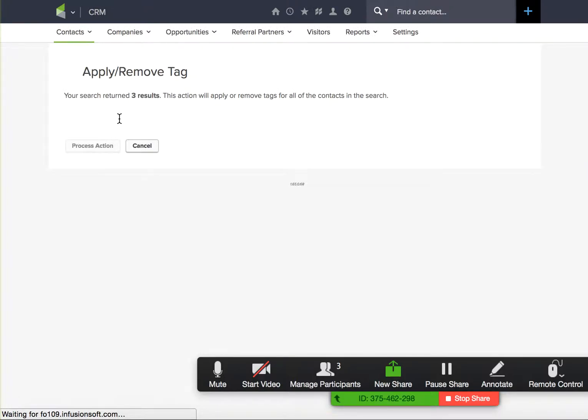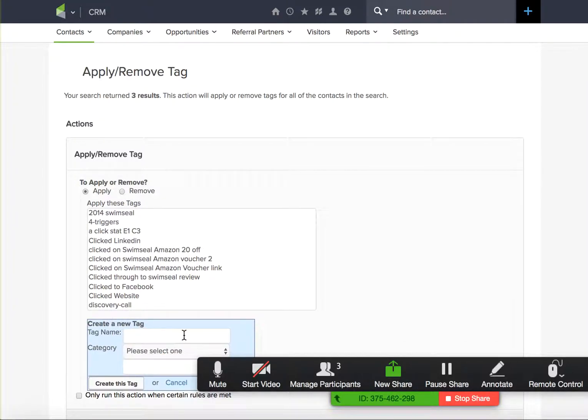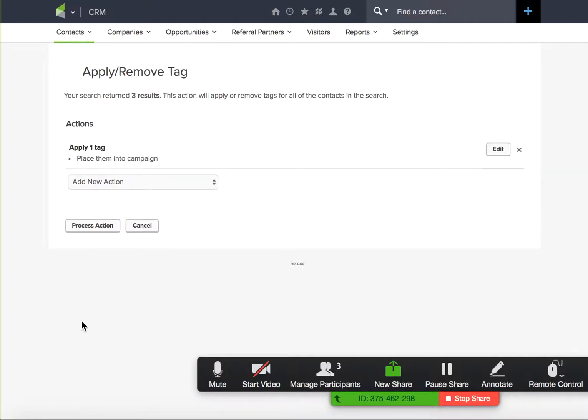Now what I want to just see is if you don't have a tag, you can create the tag. So here, whatever you want to call it, and you can create the category there as well at the same time. So you can create the tag, you'd have to save the tag, and then you'd have to process it. So if I take this further, I'm only applying a tag here, so the tag must be the thing at